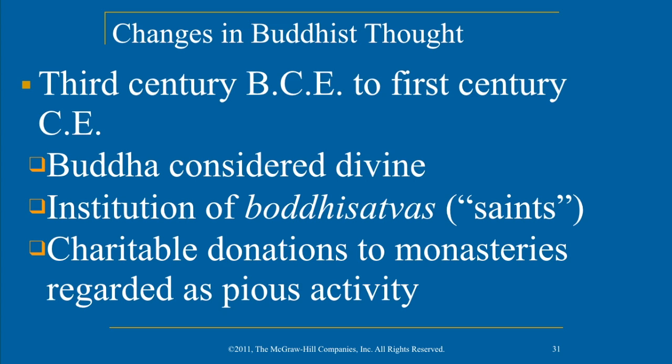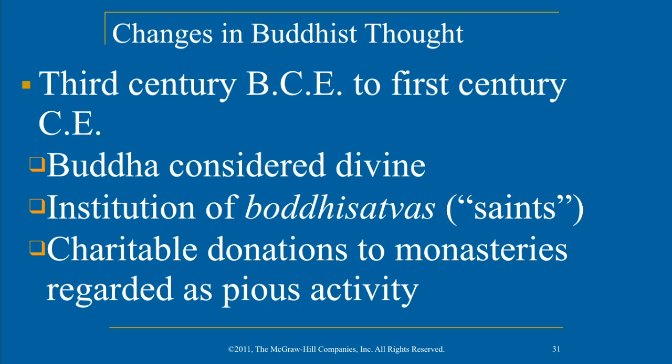And they set up what's called the Bodhisattvas, which is like saints. So the Buddha becomes someone to emulate more so than somebody who's a story that we just remind ourselves of, and that the Buddha was special, and that you too can be special. You can be like a saint, and what you need to do is follow the Buddha's path. But what might happen one day is that we will study your story because you were such a good follower of the Eightfold Path. There's also a change as charitable donations to monasteries are regarded as a pious activity. Let's say you were someone who wanted to practice the Noble Eightfold Path, but you didn't have lots of time to meditate.